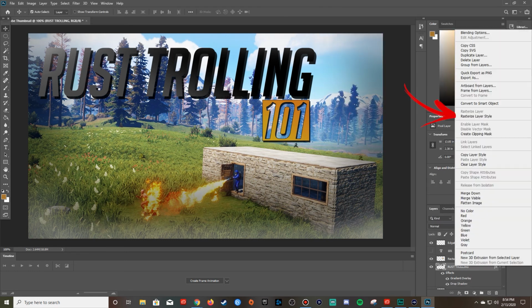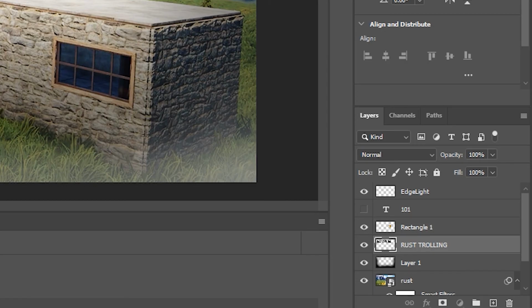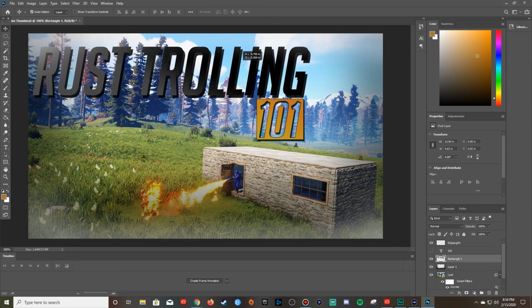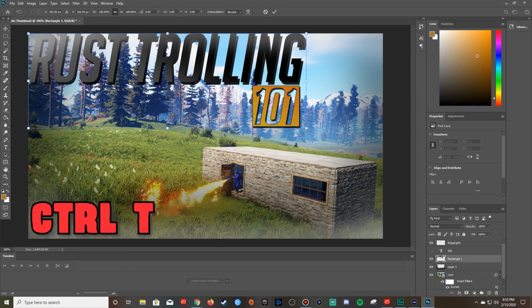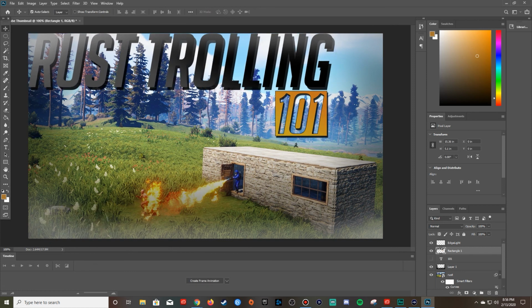Now let's rasterize the layer. Let's go ahead and select our rectangle and text layer with our shift. Let's merge them together. Let's move them into a final appropriate position. If you'd like to resize everything now that it's all linked, simply Ctrl T and move your text where you'd like it. If you'd like the edges of the photograph to keep that light effect around your text, you can leave everything as so, or if you'd like the lettering above it, just simply drag your new combined layer right